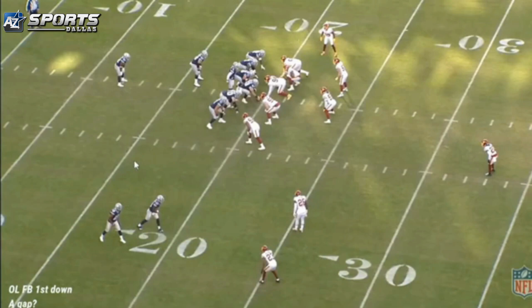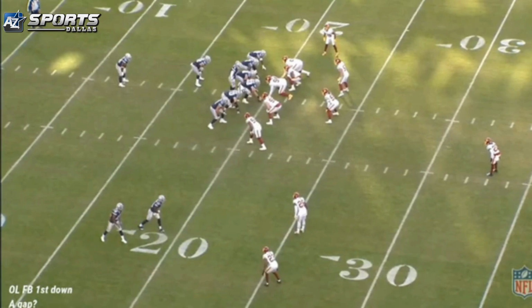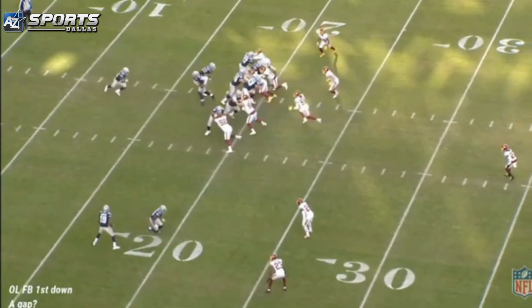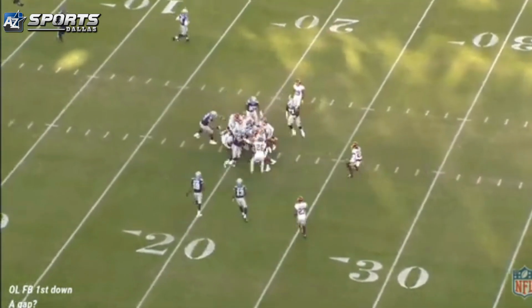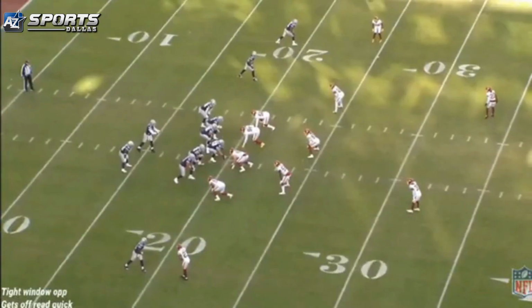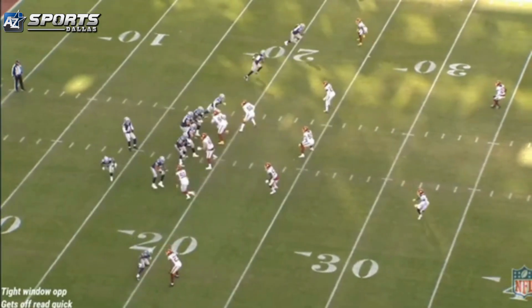All right, so this play is what I talked about with one of the callers. I cannot stand when they decide to do this cute little offensive line at fullback play at the 20-yard line. Why are we doing this? There's no need for this. And then they run it right up the gap in the teeth of the defense. I don't understand it. I don't like it. I'd rather you spread it out and try to get it run in that manner. It's one of those things where the play call is not bad if it's done on their 20, if it's done in the red zone. But that timing of that play call is just a waste, in my opinion, of a play.